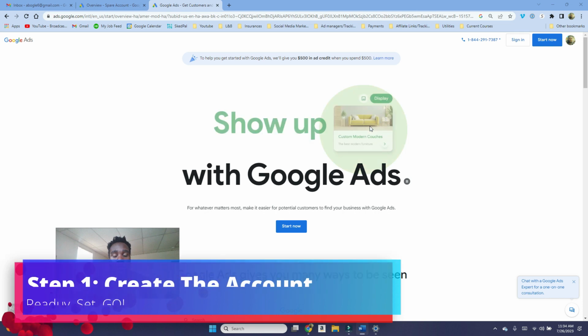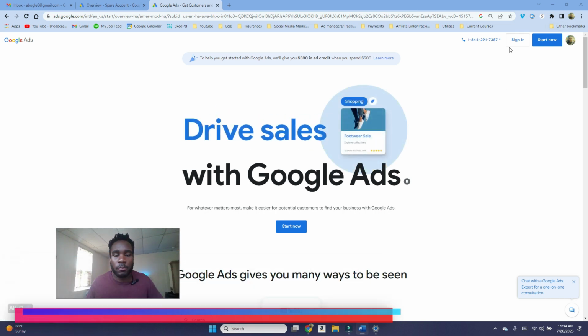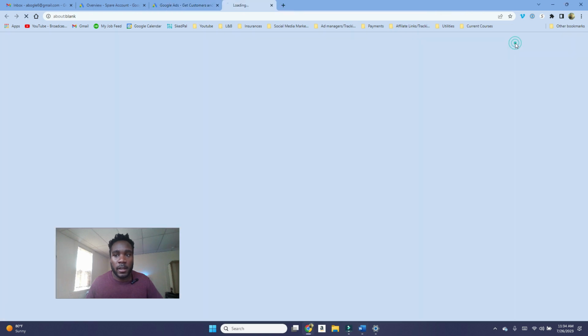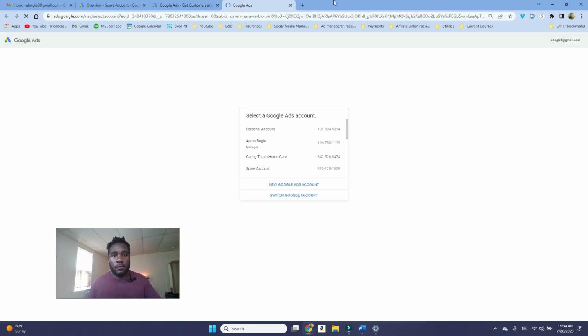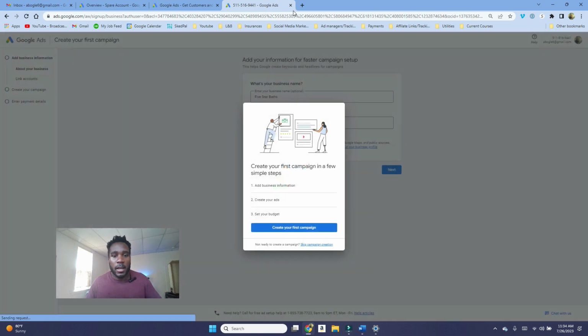So the first thing that we've got to do is create a Google Ads account. So of course, what we need to do is sign in, and then it's going to take you through the sign-in process overall. And you can say new Google Ads account, and then it's going to walk you through just creating the account in general. And you add your business information, then you can create your ads and set your budget. Your business information is just